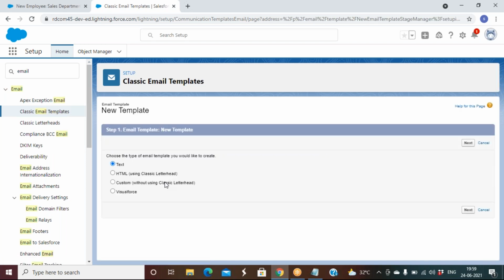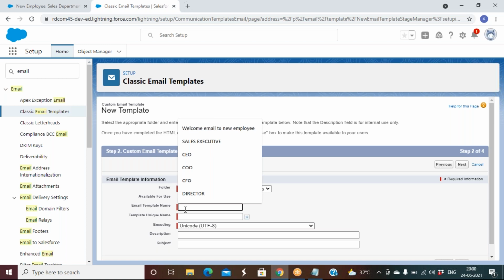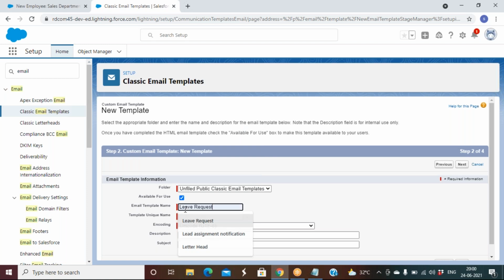I can create it using custom. I'm not going to use this email template, but I'll show you how to create it. I'll select Available for Use so that wherever you want, you can call it. The email template name I'll give as Leave Request.